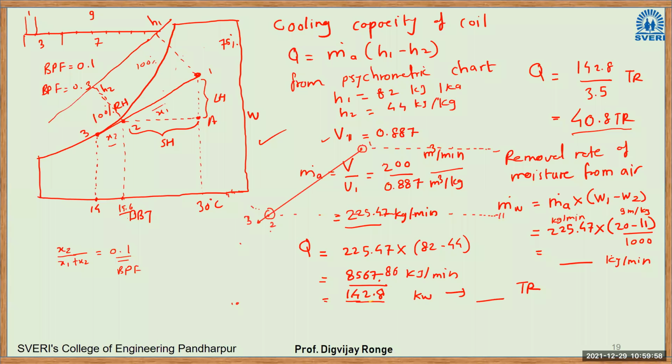Okay, so be aware of units, right? In competitive exams, sometimes they will give the answer, but two answers will be such that there will be a change in units, right? So that way also they will try to confuse you. The value will be the same, but the units will be different. Calculate the water removal rate. So this is the removal rate of water from the air.